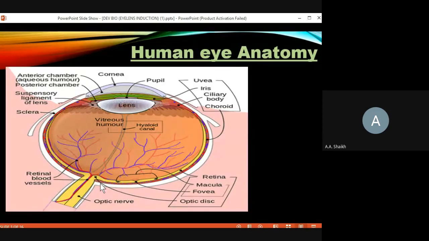Now, all these processes are totally similar in the case of all vertebrates. The mechanism is similar, but the signals may vary. Whatever different signals are there, they may vary depending upon the organism. For tiny organisms it could be different, and for highly evolved organisms it could be different. But all the organs in the body,